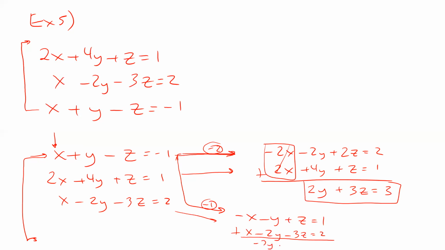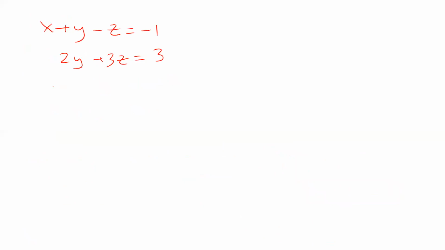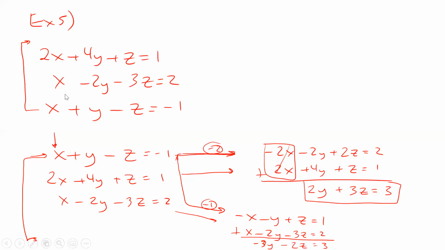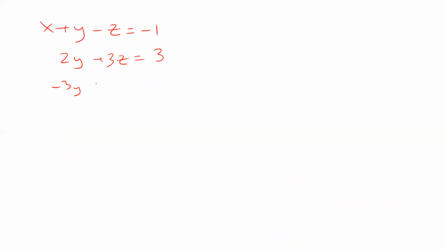Negative 3y, is that right? Let's see, plus, oh no, minus 2z is equal to 3. Are we good there? All right, you guys talk to me here. Did I get minus 3y? Minus 2z is equal to